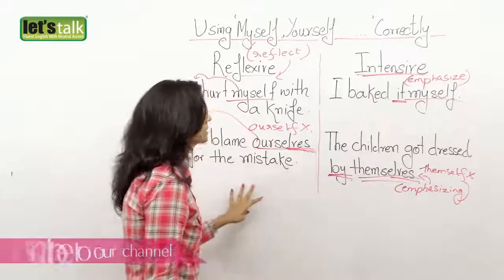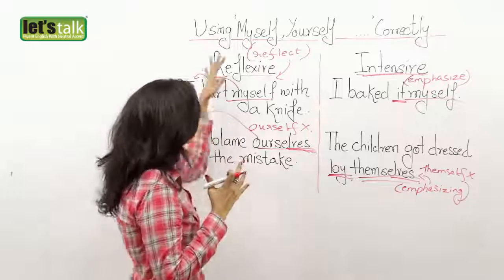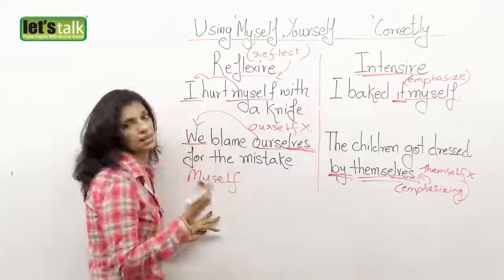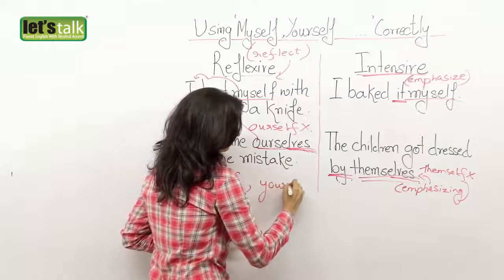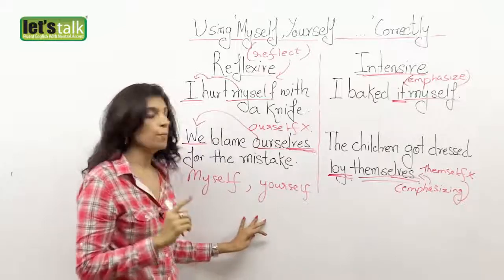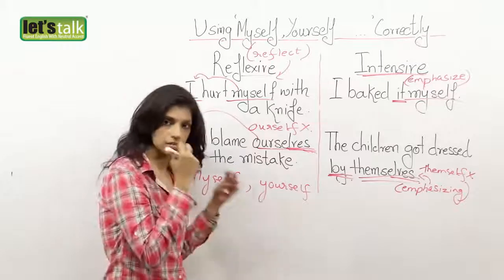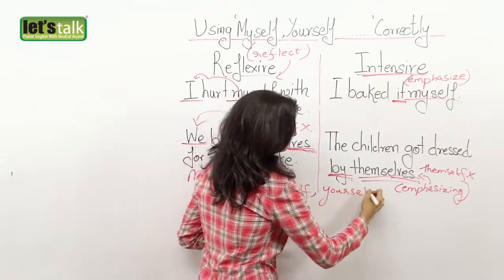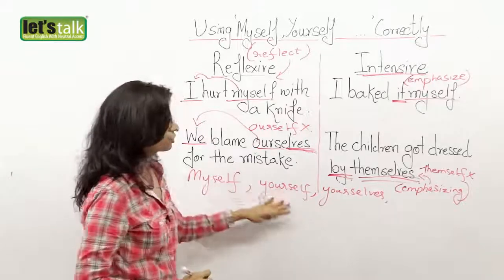Alright friends, I hope these examples are clear to you. Now let's take a quick look at all the reflexive pronouns. You have myself, when you want to reflect back at something, like I, myself. You have yourself. So when I say do it yourself, I'm talking to one person. But as you know, you is also used as a plural pronoun. In that case, when you are telling something to more than one person, you use yourselves in the case of plurals. So you have myself, yourself, yourselves,